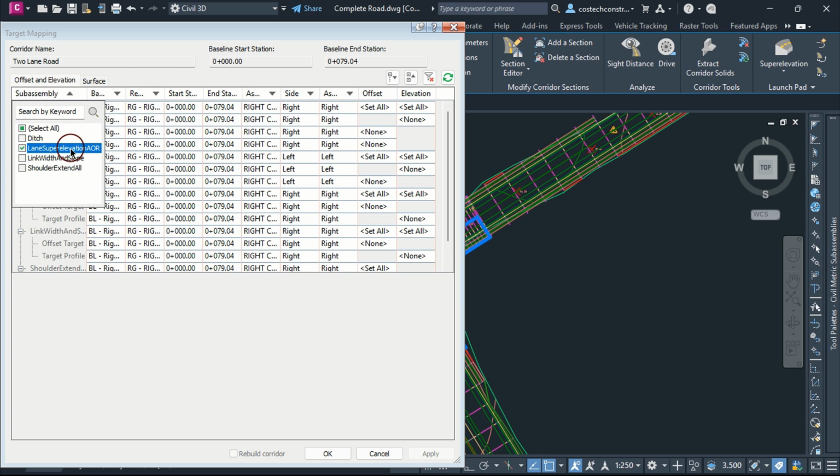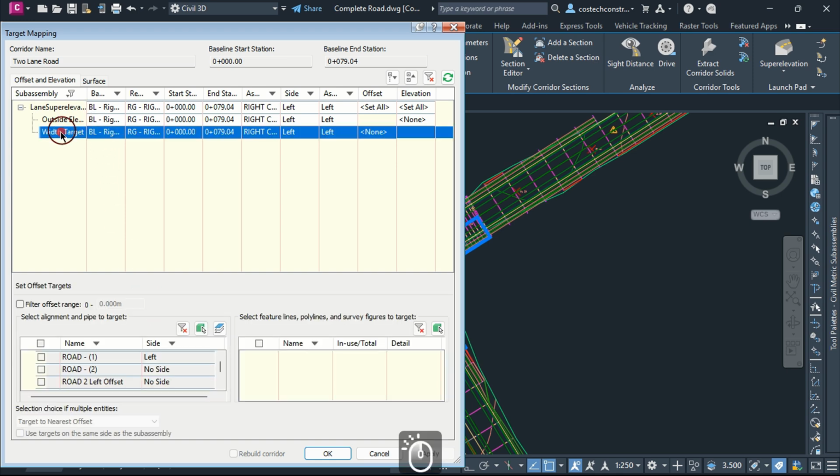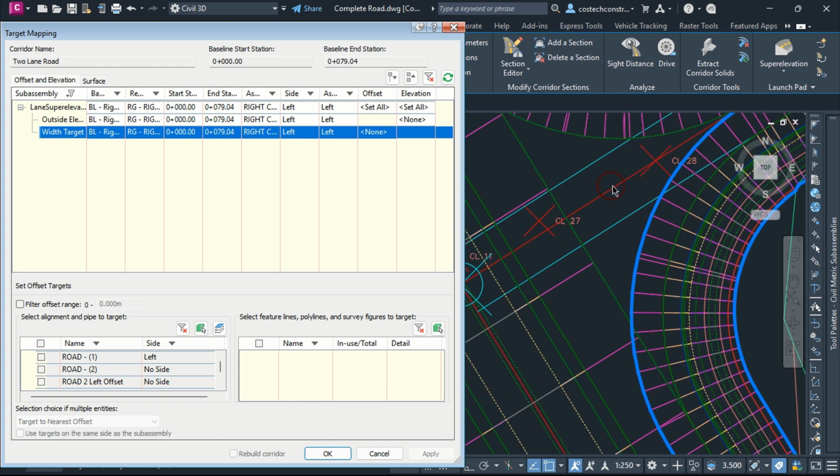Click outside to update the list. The width target controls the lateral extent of the corridor components like lengths. Select road 2 alignment from here, then check the box beside it. We also need to target the lane width to road 1 left offset. This offset will act as a boundary that will target the width of the lane used in the curb return